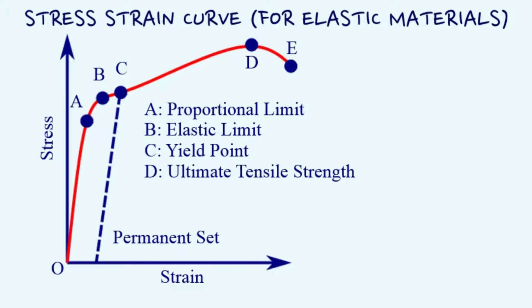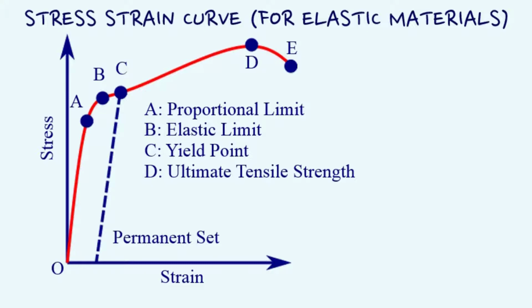The portion AB of the graph is not a straight line. That is, in this region, strain is not proportional to the stress. The slope of the graph has also decreased. This means that strain increases more rapidly with stress. However, between O and B, if stress is removed, the object regains its original length. The point B is termed as elastic limit.